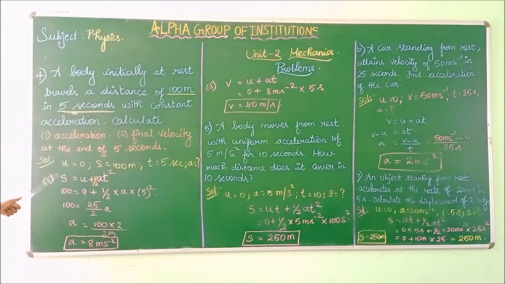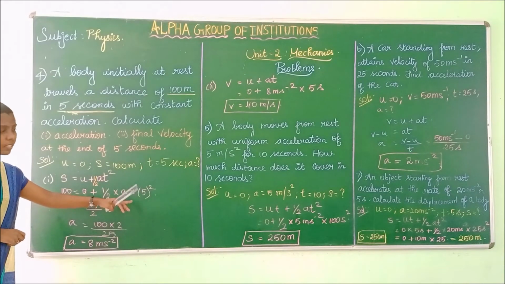The formula to calculate distance is S is equal to ut plus half at square. What is the formula for distance? Distance is equal to ut plus half at square. What is u? u is your initial velocity and a is acceleration, t is time. S is your distance. Okay, distance is equal to ut plus half at square. u is 0. Initial velocity is 0 and plus half a, we have to find out acceleration and t